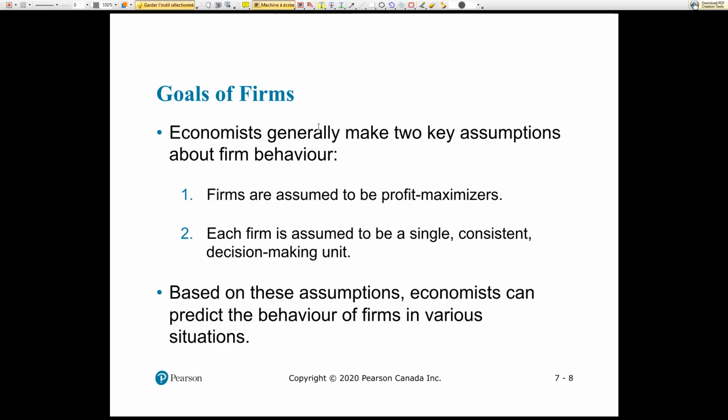So two key assumptions about firm behavior. So we assume that firms maximize their profit, which is their revenue stream minus their cost. And each firm is assumed to be a single consistent decision-making unit. So why is this an assumption? Because you could say, more precisely,